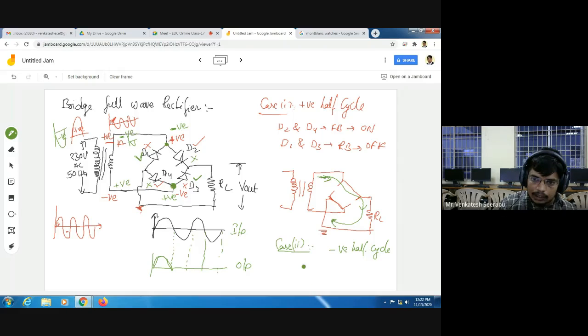Now at this point of time, D1 and D3 are in forward bias condition. Those are acting like on switches, whereas D2 and D4 are in reverse bias condition. Those are acting like off switches. Now let us consider my waveform. Let us consider now our circuit diagram becomes